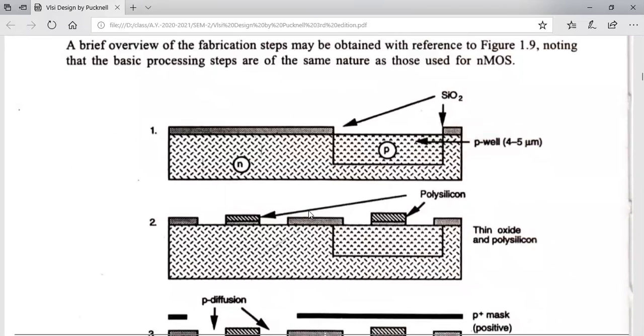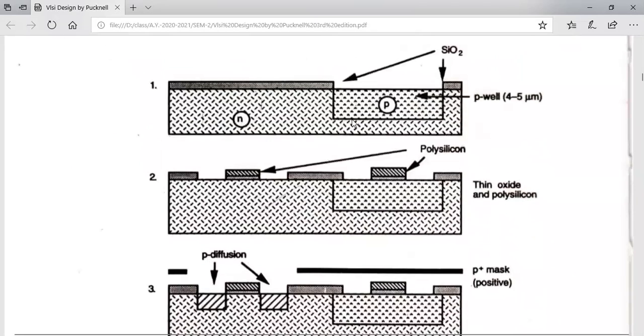That is where I have to form the NMOS transistor. You know how to form the NMOS transistor and the PMOS transistor. In the first figure you can see here a circle of N, and in this rectangular part you can see a circle of P. This P is to form the NMOS transistor, and this N part will be used for the formation of the PMOS transistor.